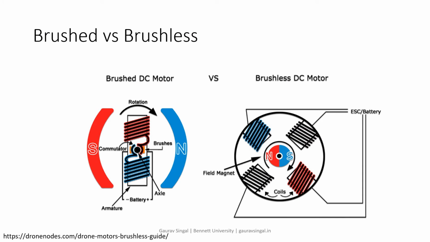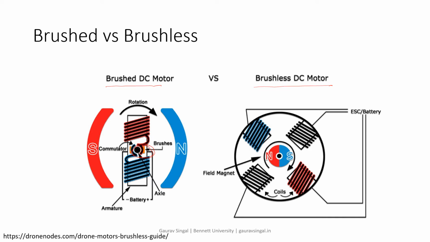So you can say this is an example of a brushed motor, and this is an example of a brushless motor. Not an example, you can say it's an inside function, how it is working. So this is the winding, and this is the north and south pole magnetic field, and this yellow one is called the brushes. So this rotor is moving in this field, and with this they are generating a torque that can help us to rotate a shaft, clear.